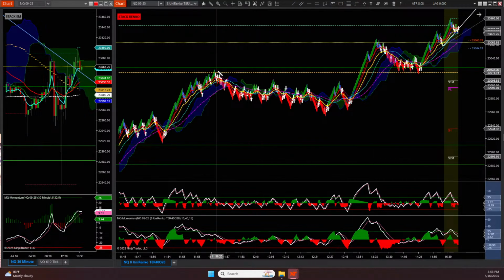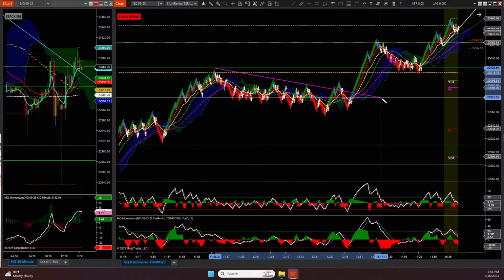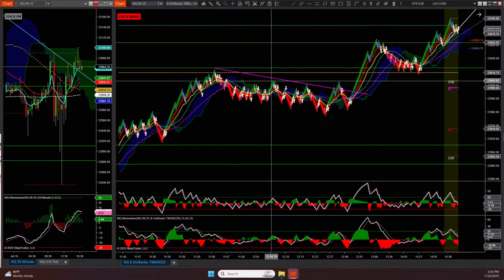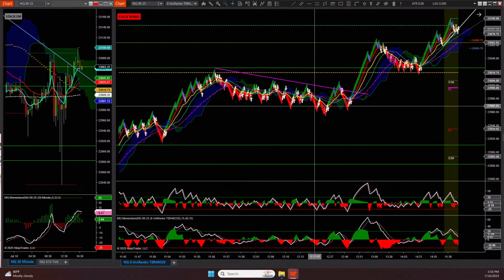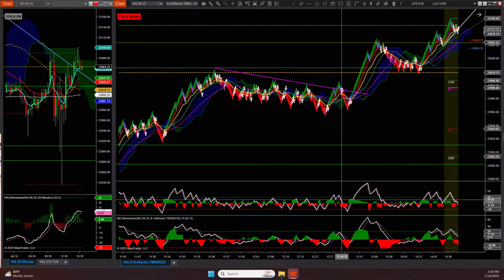So here you have kind of a bull flag right here. It's kind of like touching there, coming back, touching there. It tries to go up, and then momentum is